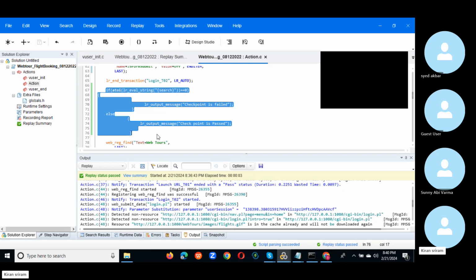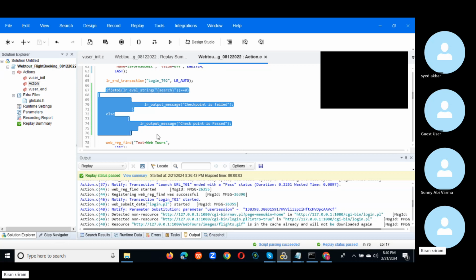Then you will know that, okay, here it is failing, which means we are not going to the correct page. So we should handle it from some dynamic value. Otherwise, you will be able to understand whether this is an application-side issue or not. If you don't give it, your script will always show a pass only. So that is why, page by page, you should give